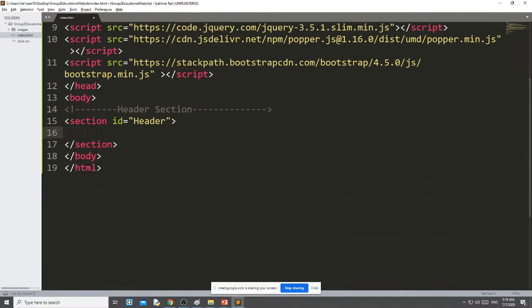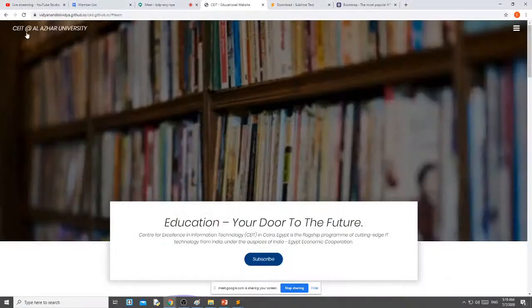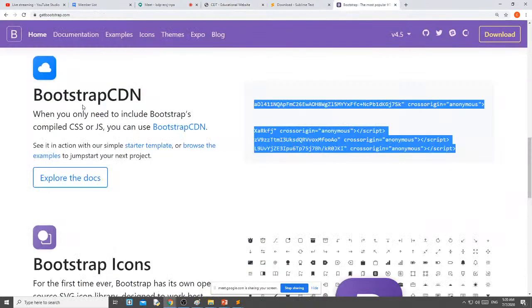Then inside this section, what do I want to do? I want this navigation bar. What is the use of a navigation bar? It links other documents in the web page, meaning we navigate from one link to another. To use a navigation bar, we use the navbar.